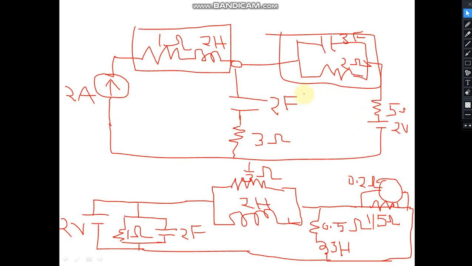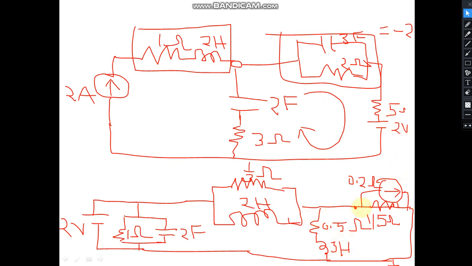Now if I travel in this clockwise direction, there will be a drop. Because there is a drop of 2 volt, what does that mean? This is the reference node and this is the non-reference node. So from the non-reference node towards this reference node, the direction will be this direction. So whenever I write, for example, the KVL equation for this mesh, then after the equals to sign, we will be having -2. This drop plus this drop plus this drop plus this drop equals -2.